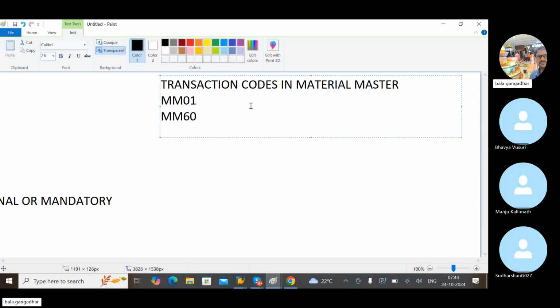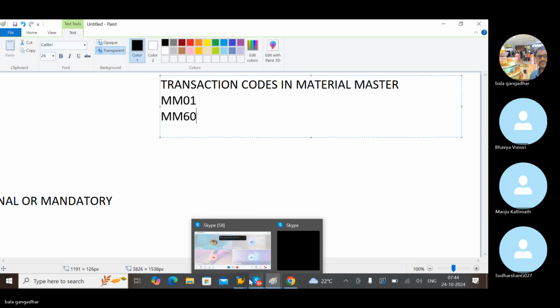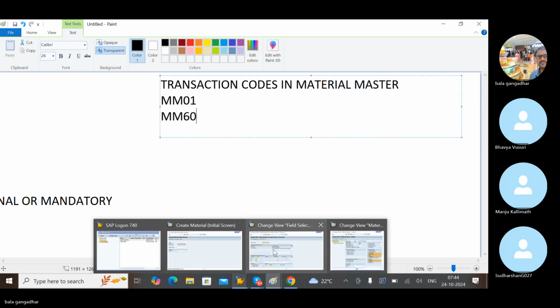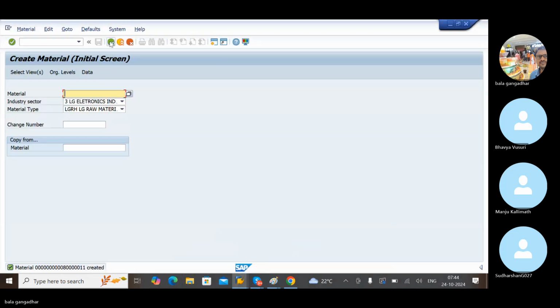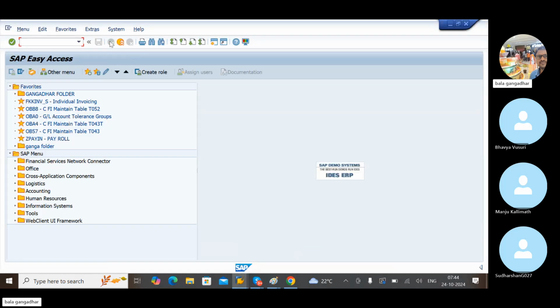This is the second T code, MM60. What is the purpose of MM60? Why will you use it? To find out reports. For example, just now I created one more material, last class I created another material, before class I created one material. Here, all the materials we have to cross check: is the material created properly or not? To cross check in a report format